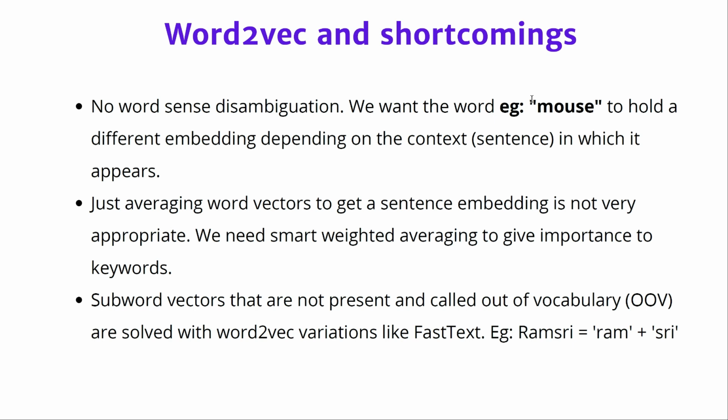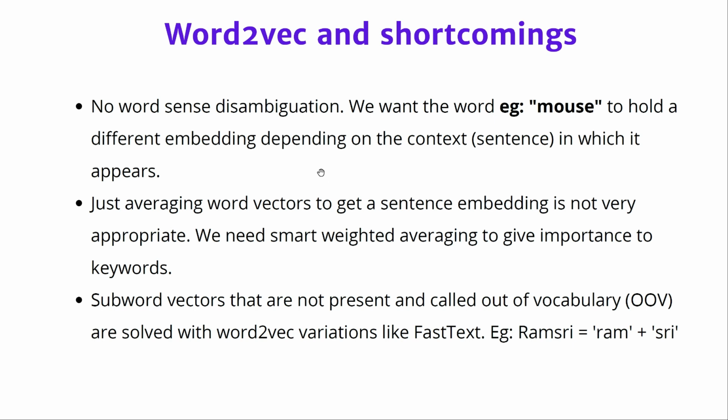So at the end of the day, if your corpus has both computer mouse and the house mouse, then the word vector for mouse will be confused and it's kind of like an average between these two contexts. So it will not really capture the context correctly. The short thing to remember is that since there is no word sense disambiguation, for words that have multiple meanings, we are still going to have just one single vector, and that might not be ideal for most use cases because we need vectors that are contextual for a given word.